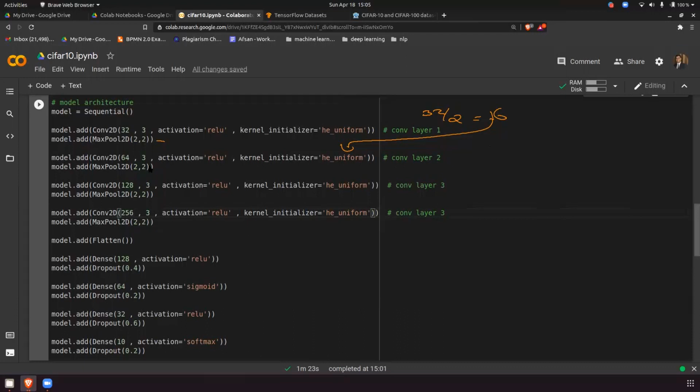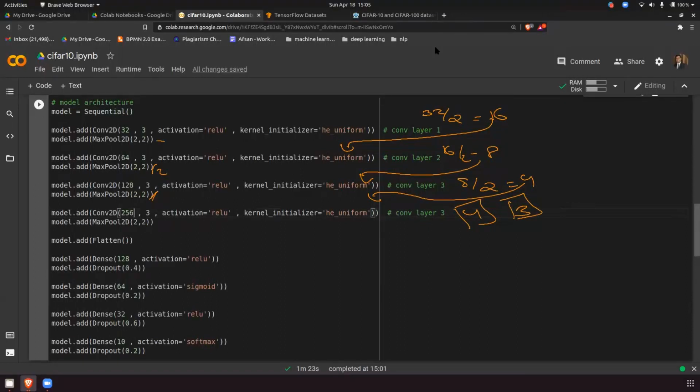Then again I'm doing max pooling of 2 here. So 16 divided by 2 is 8. This will work on 8. Then again a max pooling, 4. This will work on 4, and the filter size is 3. So be careful on this side.